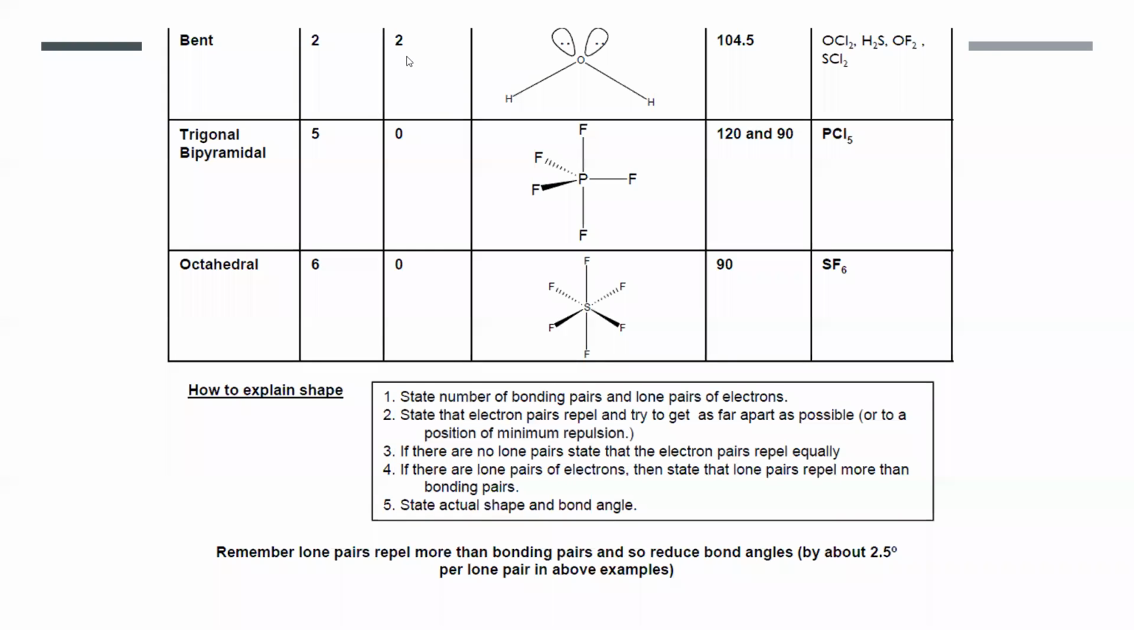If we have 2 bond pairs and 2 lone pairs, then it will be bent or a V shape. The best example is water, H2O, because the central oxygen atom